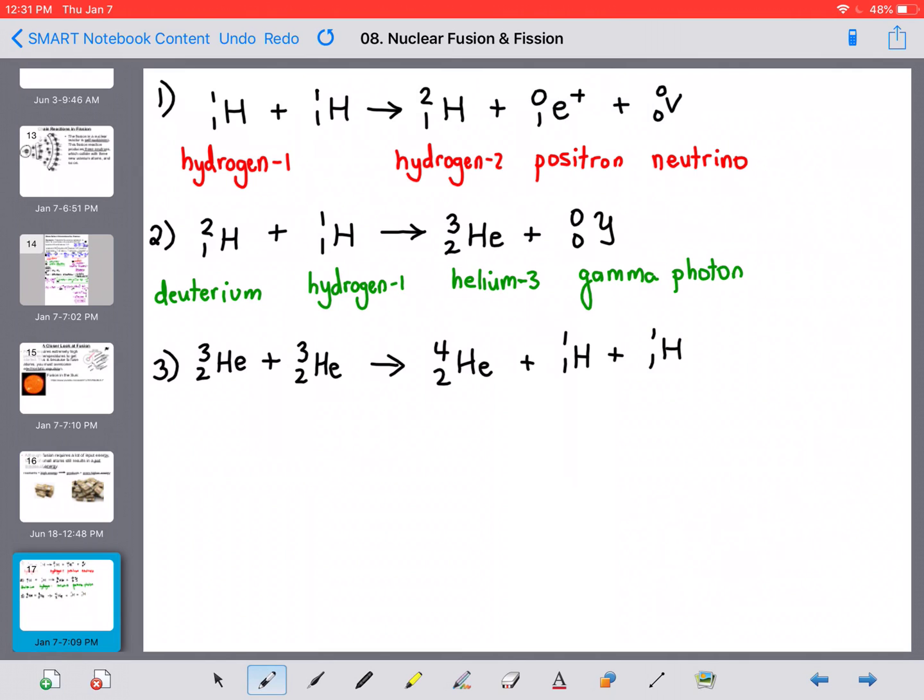And remember the reason it's fusion is we have, for example, here in reaction 3, 2 nuclei merging together into 1 nucleus plus some byproducts. Actually, it's probably easier to see that in reaction 2 than it is in reaction 3. So we have 2 nuclei merging together into a third nucleus, and then this gamma photon here is like